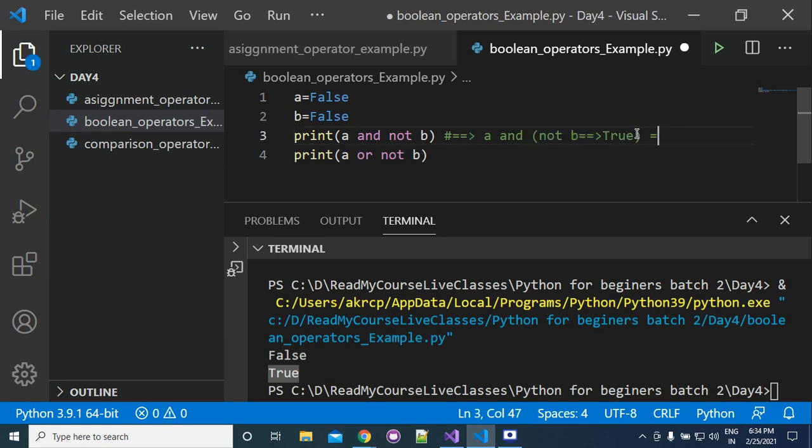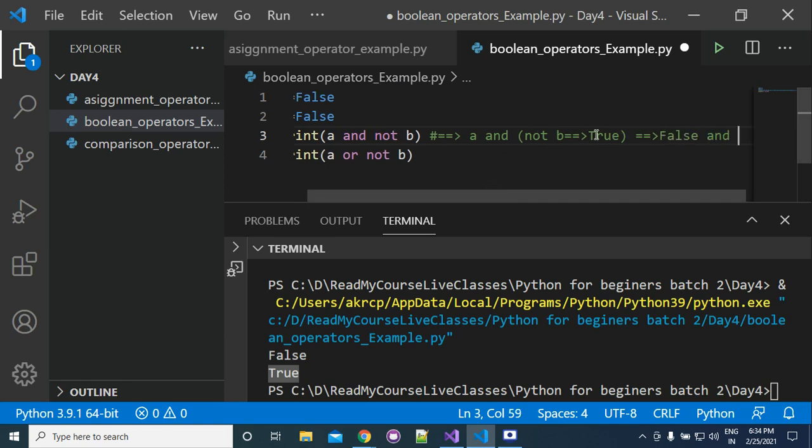So this expression is equivalent to: the value of A is false and the value of not B is true.